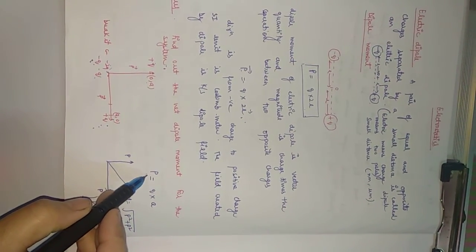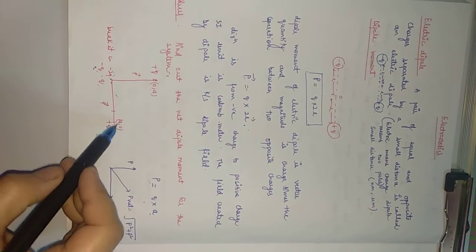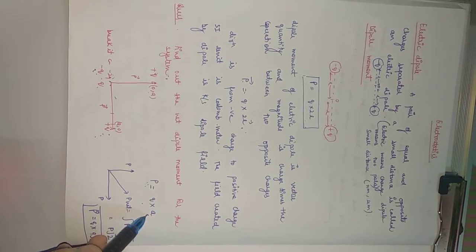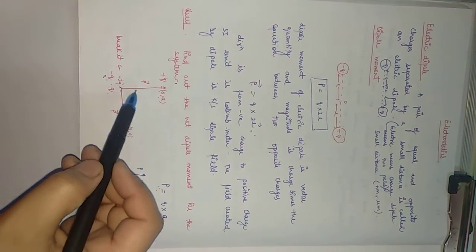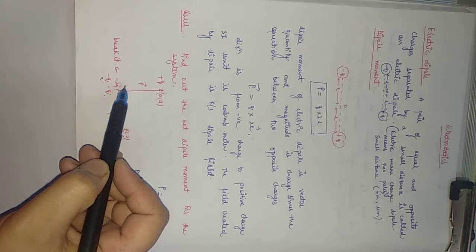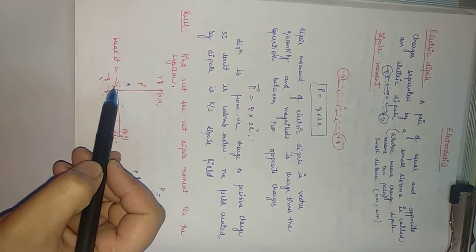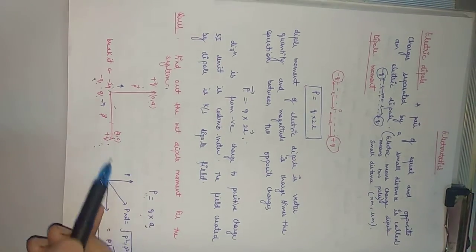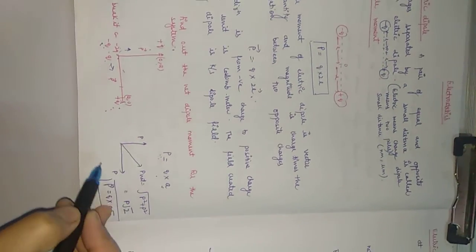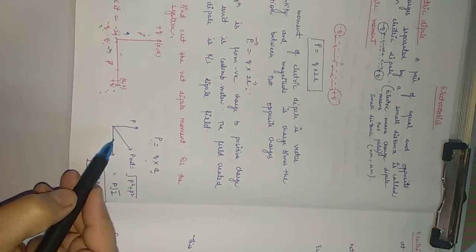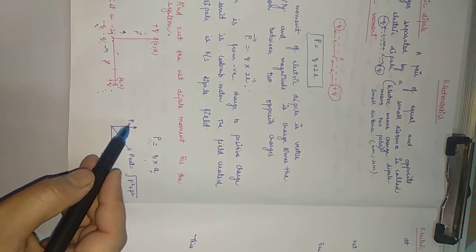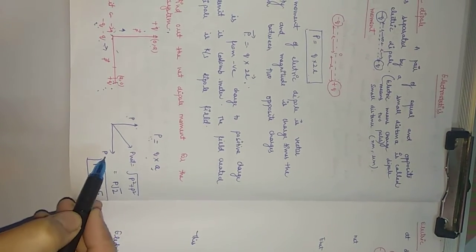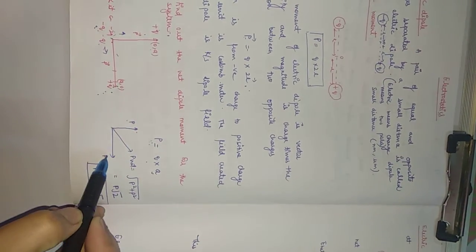The magnitude is q into separation. The separation is a. So p is equal to q into a, which is the formula of dipole moment. Now, you can see the direction of the dipole moment is always from negative to positive charge. So in this case, the dipole moment is in this direction, and in this case, the dipole moment is in this direction. You can draw the diagram over here. This is the first dipole moment due to the first dipole, and this is for the second. Both are the same in magnitude, that's why I am representing both by the term p.